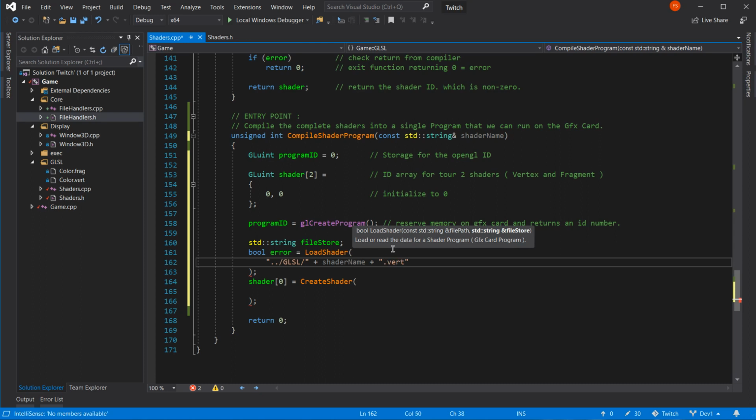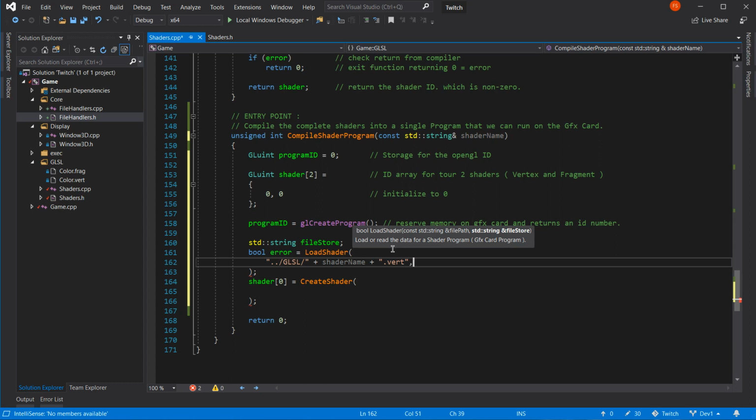Make this a vertex shader. Is that correct? I think it is. Comma.